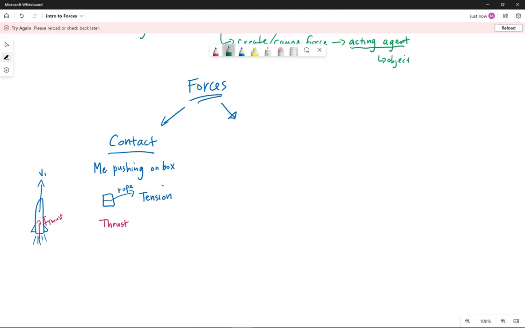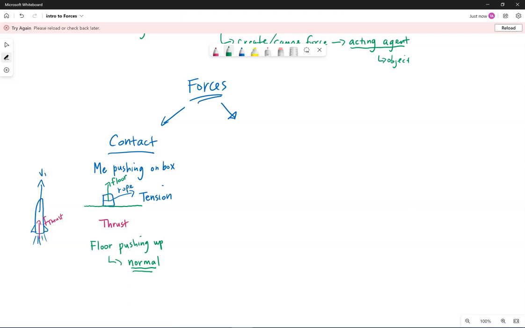A force between an object sitting on a surface. So if we go back to the box example, if the box is sitting on the floor, which of course typically it needs to be sitting somewhere, the floor would push upwards on it. The floor pushing up would be a contact force. We call this a normal force,